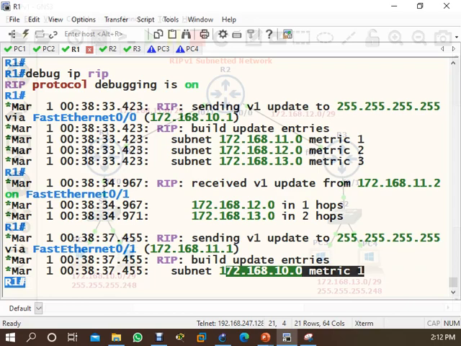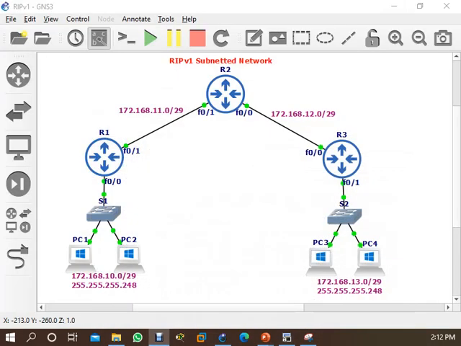If you configure a contiguous network, then when router 1 is sending an update to router 2, there will be no subnet mask in that update. Then he will say, okay, I received an update from you, but I did not see any subnet mask.